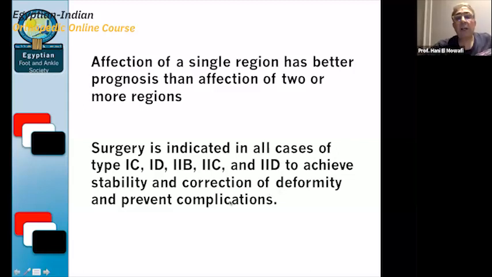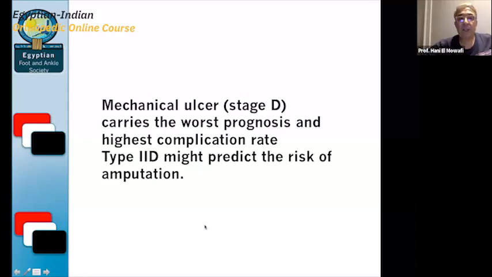with ulcer. So, to get stability and correction of deformity and to prevent more complications. But actually, mechanical ulcer, stage D, carries the worst prognosis and the highest complication rate, especially in type 2D, and might predict the risk of